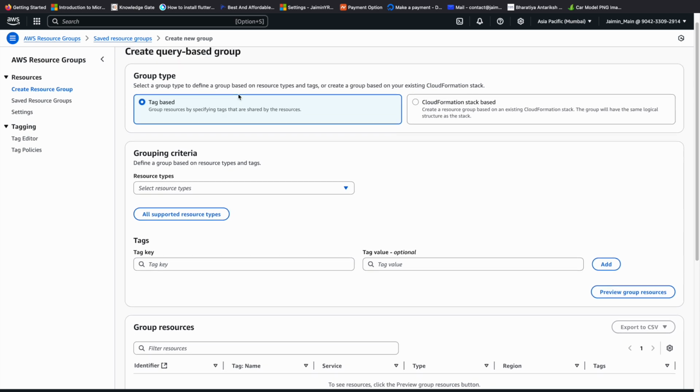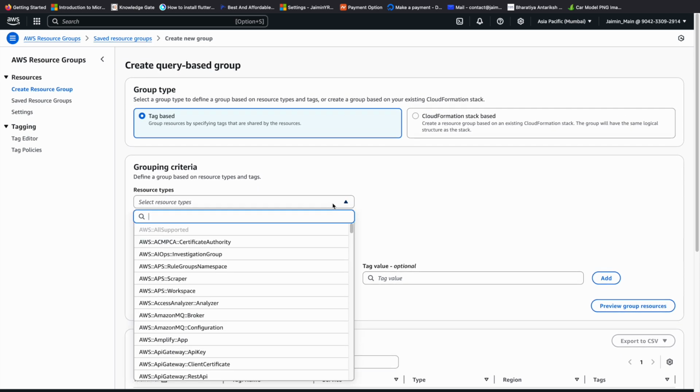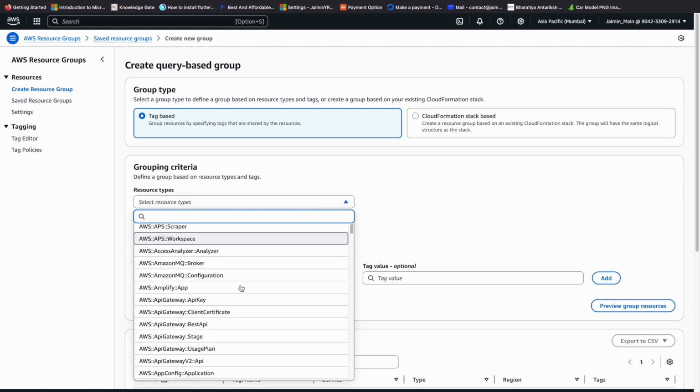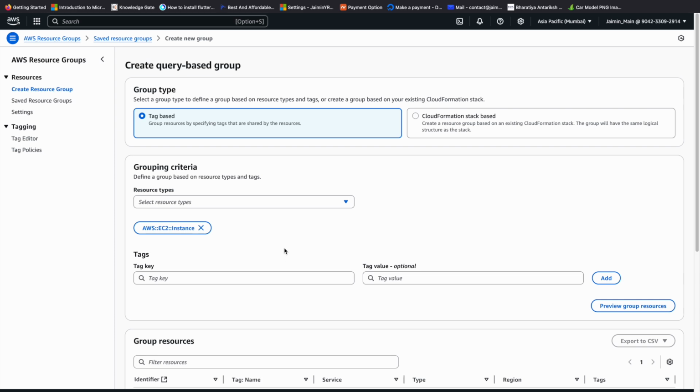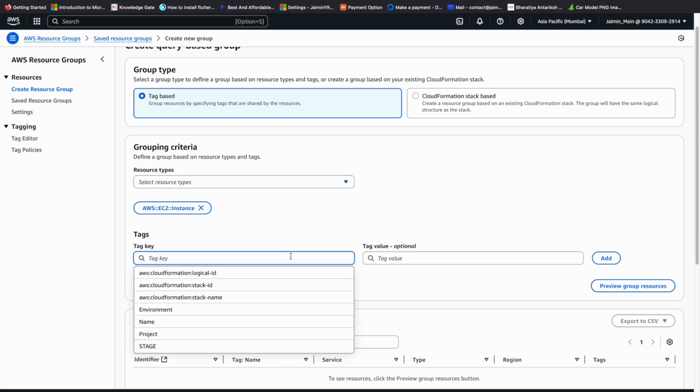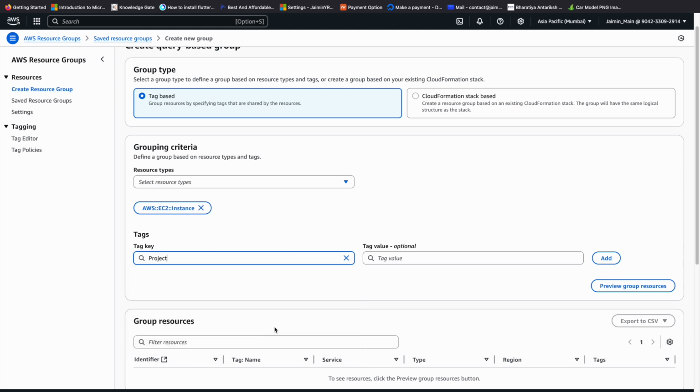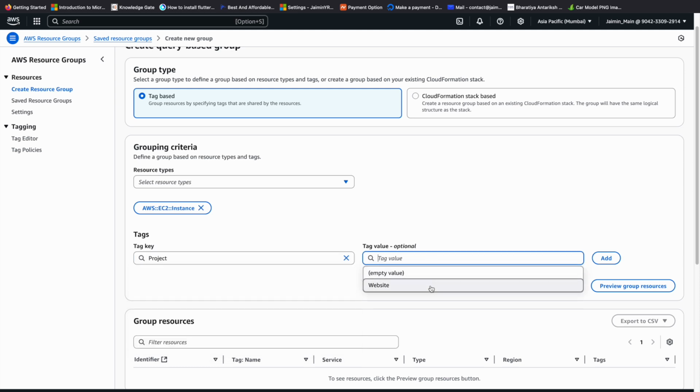Here we will select tag based, then select resource group. In that we will select EC2 instance. Now in this we will give our tag name as project and second will be website. We will add here.